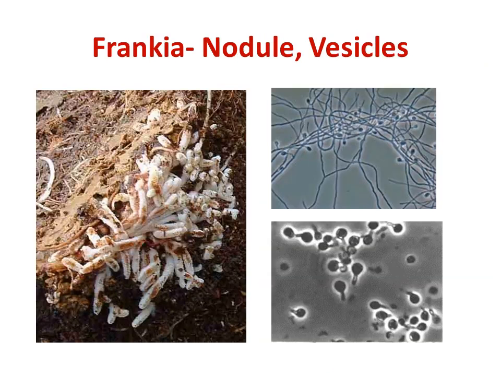Inside these vesicles, they can fix the atmospheric nitrogen. So these are some of the images which show the formation of nodules. See at the left side of this particular slide, you could see the roots of Casuarina which have formed nodules. Like how you could see the nodules in the leguminous plants, we can also see the nodules produced by Frankia.